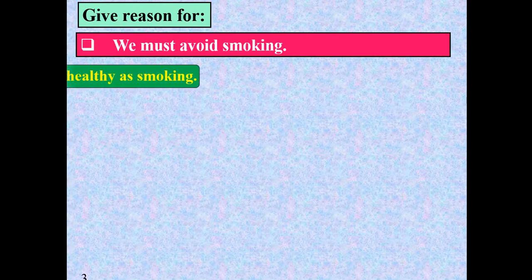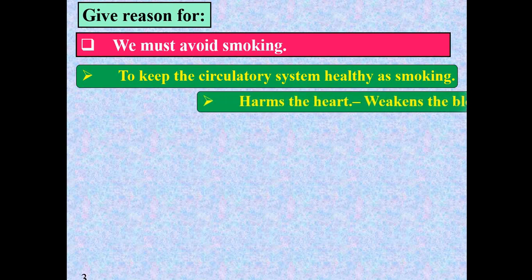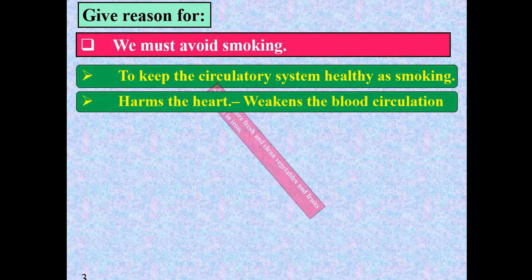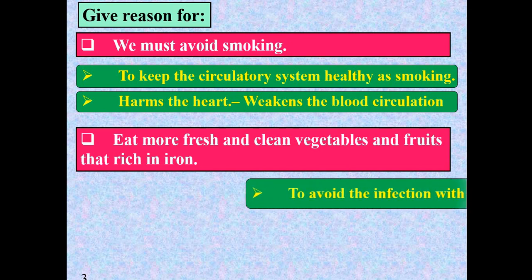Give reason: we must avoid smoking to keep the circulatory system healthy, as smoking will harm our circulatory system, harm the heart, and weaken the blood circulation. Eat more fresh and clean vegetables and fruit that are rich in iron to avoid infection with